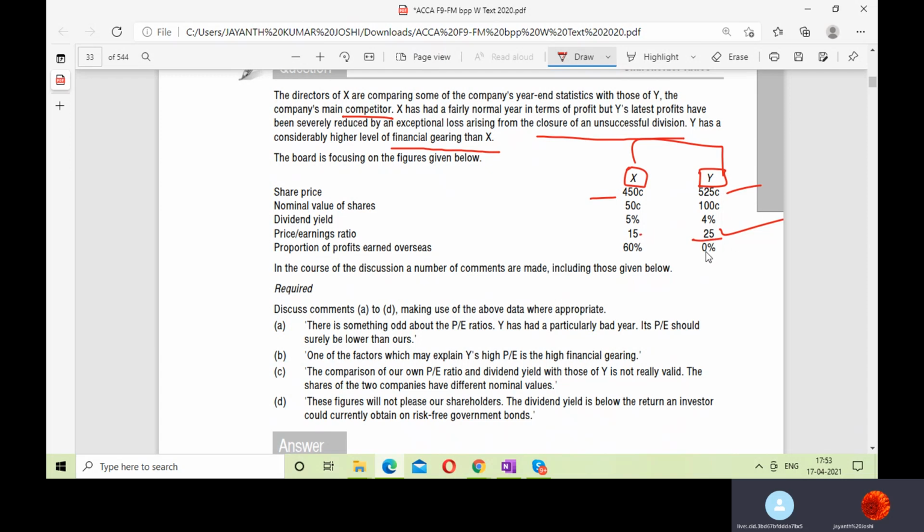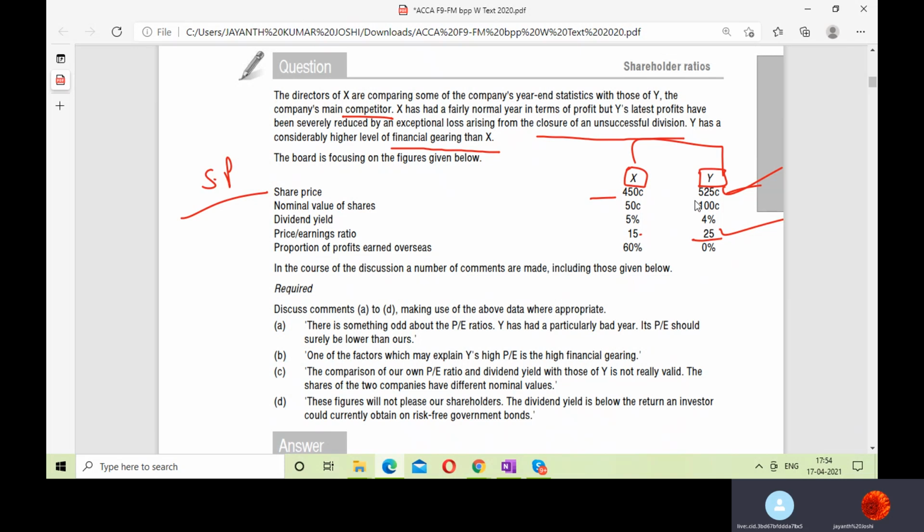When there's a higher P/E ratio, it's an indicator that the share price would be high, because the numerator of the P/E ratio is your share price, correct? So this would have been high. It's an indicator that the future will be good, and that's why people are piling up and want to buy more and more shares of Y. So the higher price is building up the demand, pushing the demand upwards and the price upwards.